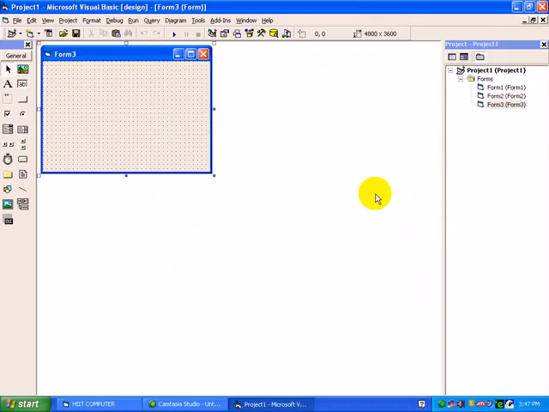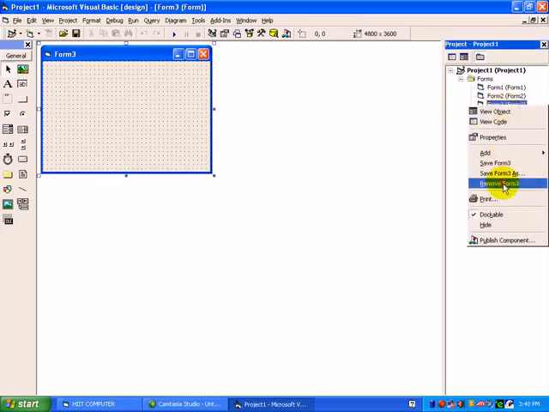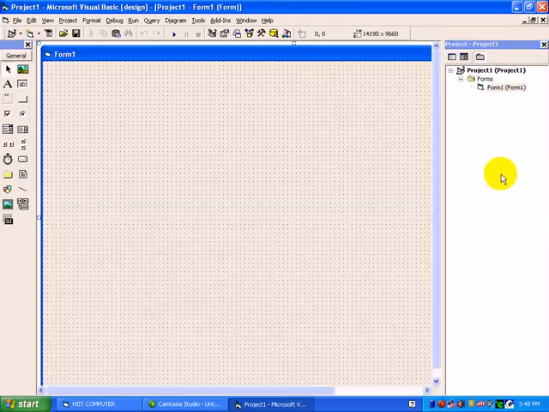As a project depends on a particular topic, for example, suppose you are developing a banking project here. So first will be our presentation screen about the software, then a login screen, then banking related forms: deposit entry screen, new account opening form, withdrawal form. In this way you will require a number of forms. To remove a form, just right click here and press Remove Form3. Right click, Remove Form2. So by default there is a Form1 under each and every project. This was the Project Explorer window.